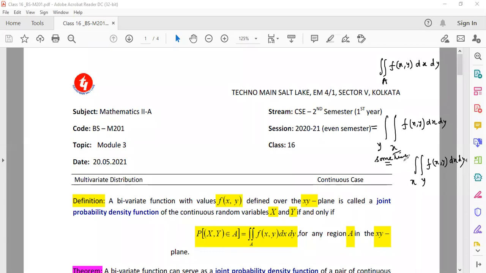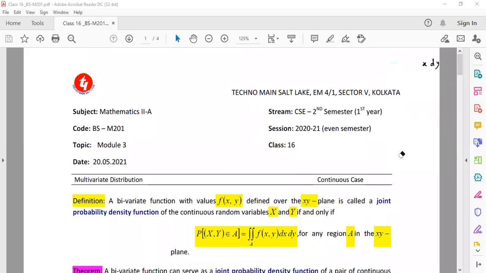But depending upon the situation, sometimes it can be done or sometimes it cannot be. Now, I'm not going into the details of this because it's not a part of probability theory, it is a part of hardcore calculus. Okay. So we have defined the probability density function for bivariate distribution, and this happens only when the case is a continuous case. If the case is a discrete case, then this integration will be replaced by two summation signs. One will be taken over the variable x and another over the variable y.